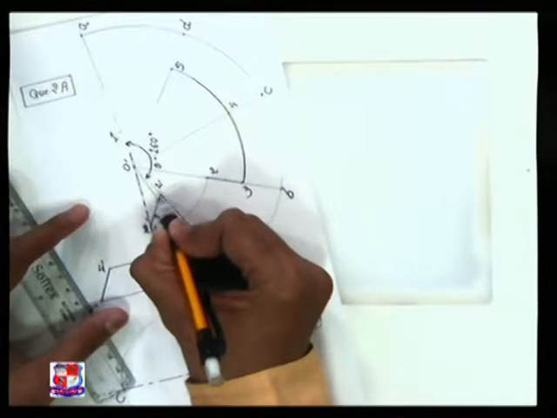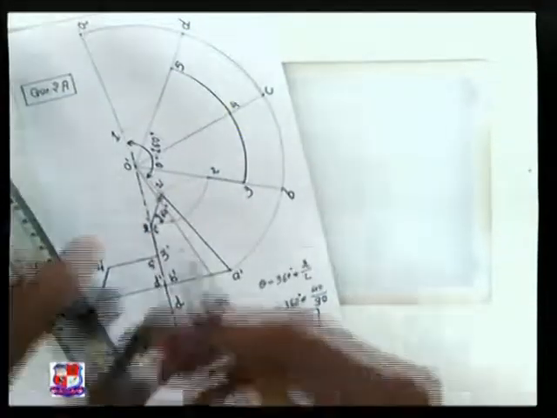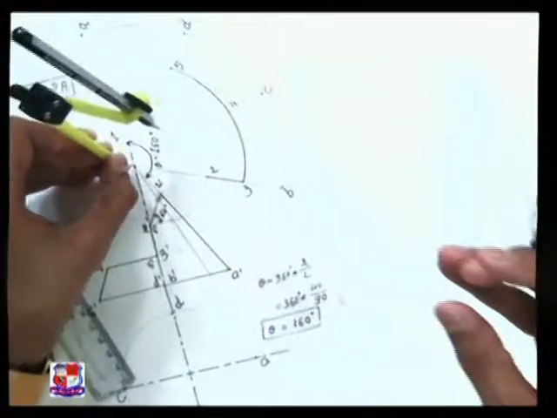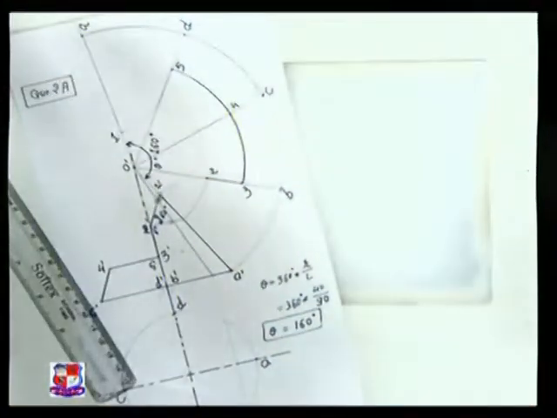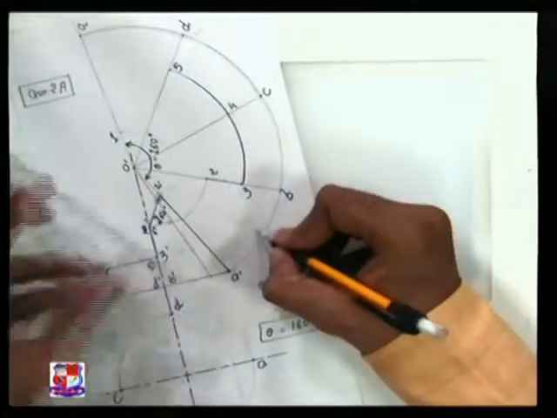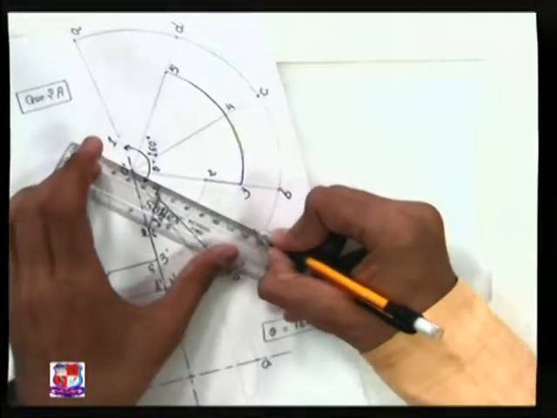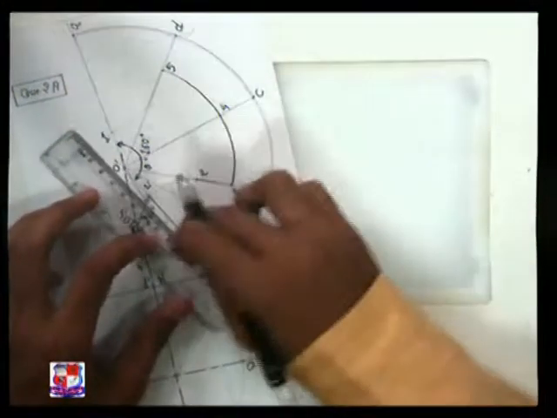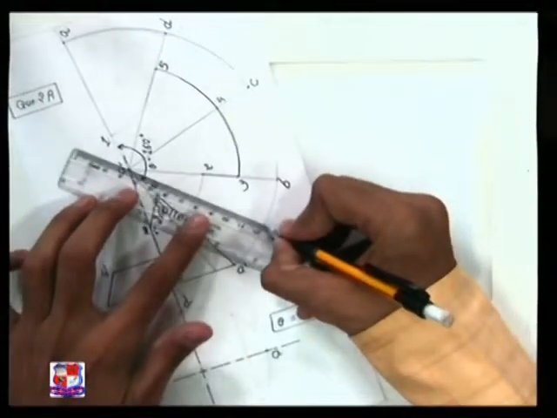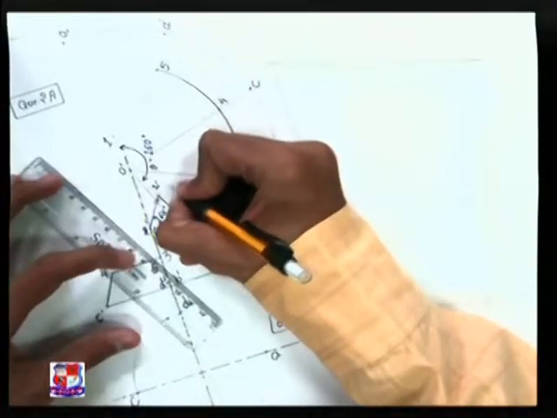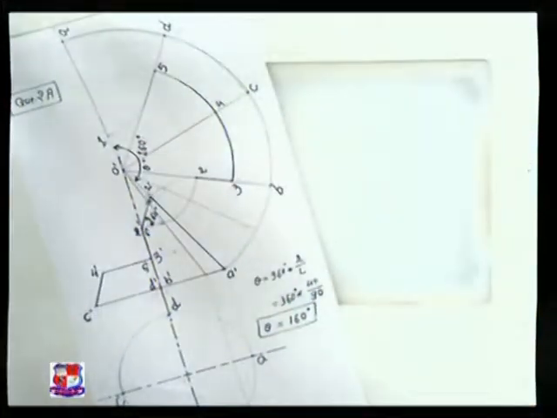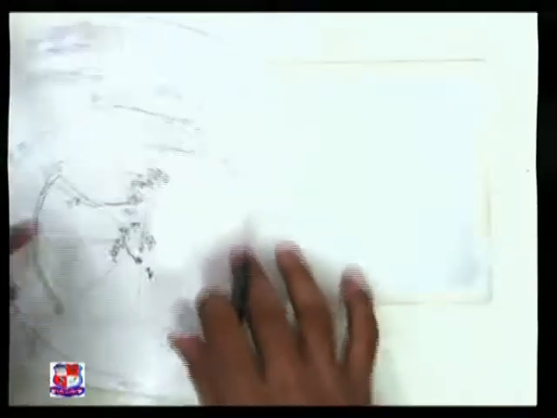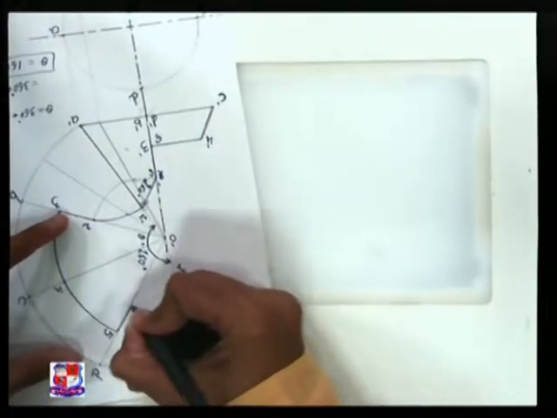So for that, draw a horizontal line from this point, and from that draw an arc taking O dash as a center. From here, this arc should be drawn like this, and that arc will cut the midpoint of this AB somewhere here, because we have divided this AB into 2 equal parts. 45 degree angle is there, so divide this angle into 2 equal parts, draw this imaginary generator, and here the point of intersection would be there, and join these points with a smooth curve. So this would be the final shape of the given cut section like this.